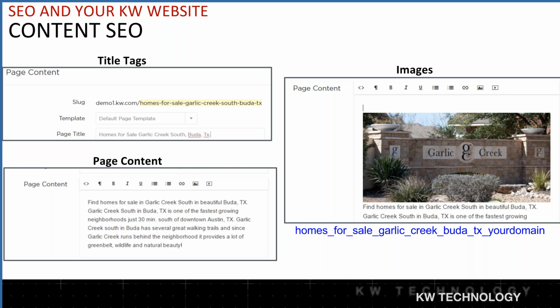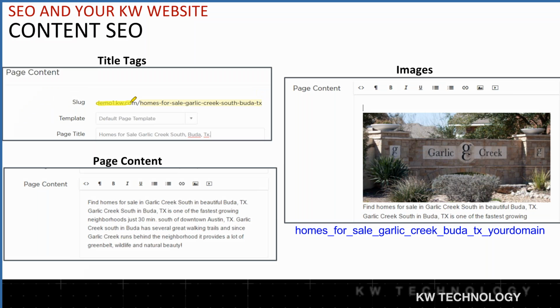And you can see an example of title tags right there on the screen. We want to make sure your page titles reflect the content and the overall theme of your web page. Content that reads well and contains a fairly specific theme per page is going to help you. And images with descriptive keywords specific to that particular website. So let's look first at the title tags, and this is directly from our KW website. If you look at the title tags, what I like about the new KW website is when you create the title, it creates the slug for you. Let me point that out.